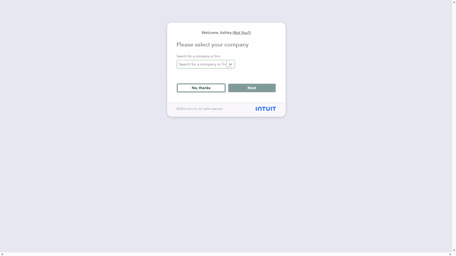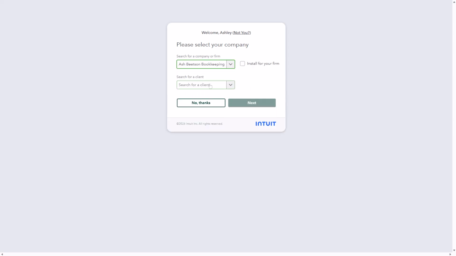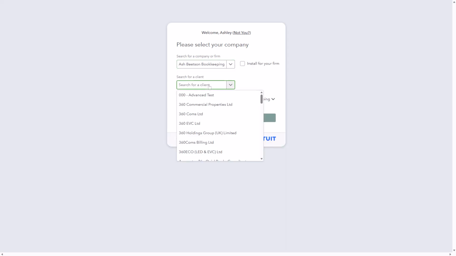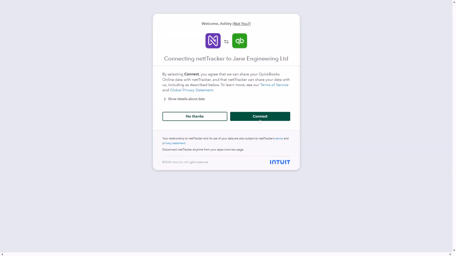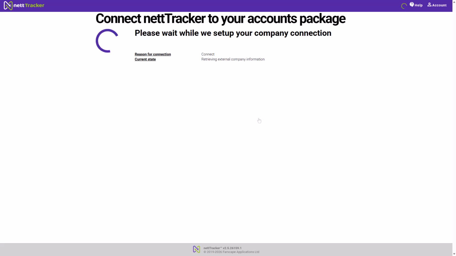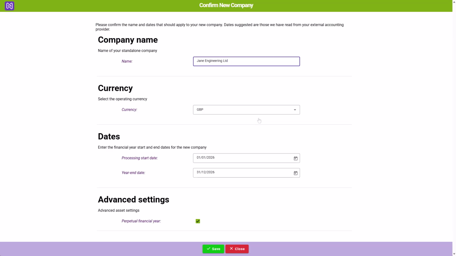So we're following the usual process of connecting an app. Very straightforward. Selecting my firm, selecting my client, and accepting to connect. Some basic information will be brought through from my client file, basically the name, the currency,